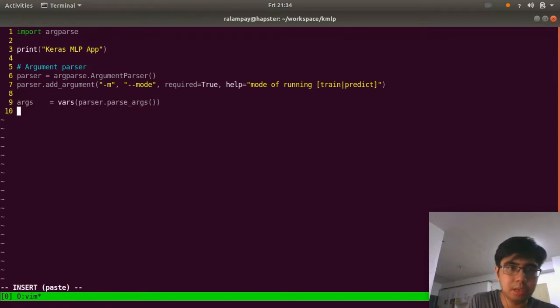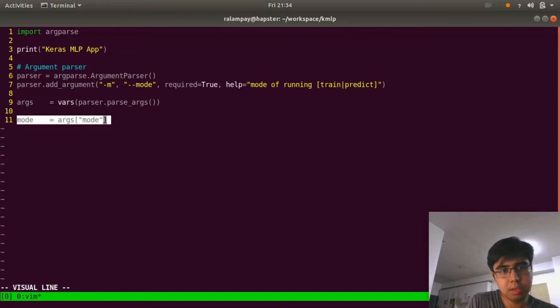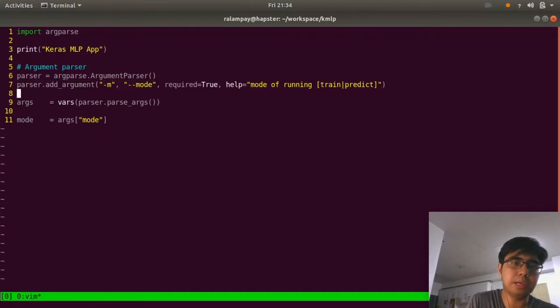So for example, I can have some sort of variable called mode. Okay? And if I want to get the value for mode, I can say something like this, right? The actual option that we pass to the command line becomes a key in the args part. Okay, so just to test this, you can say that the mode will be,